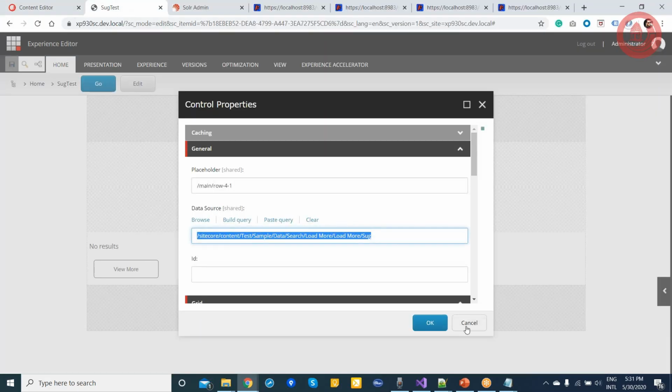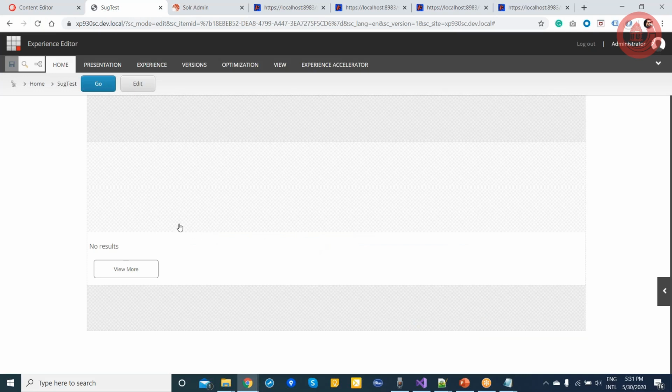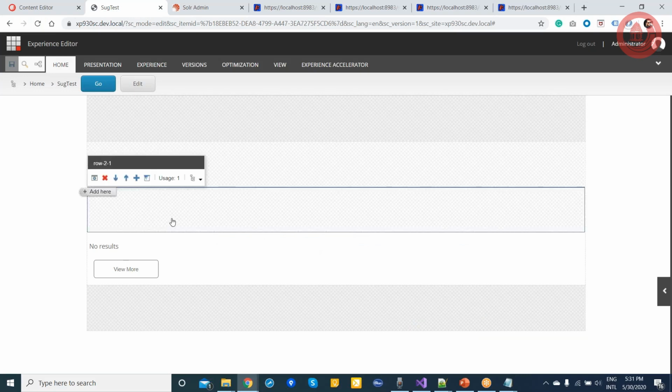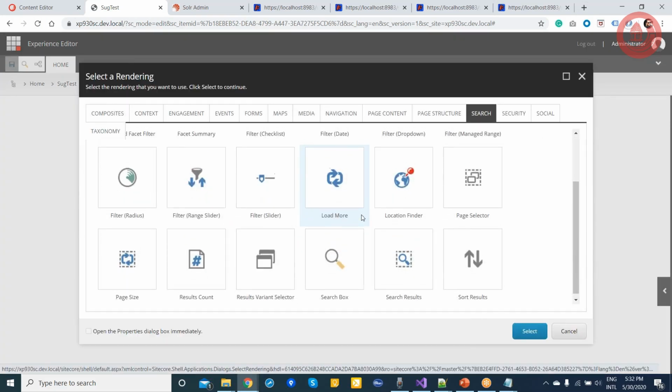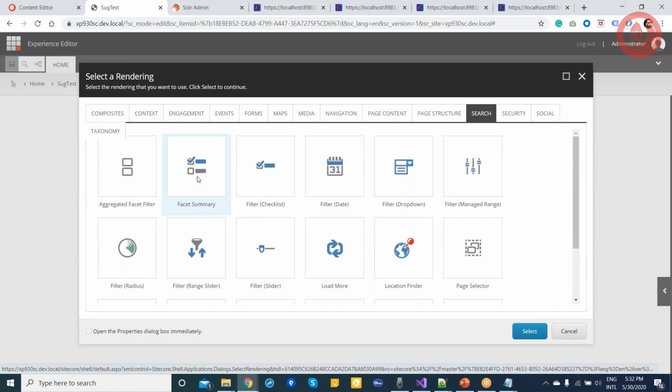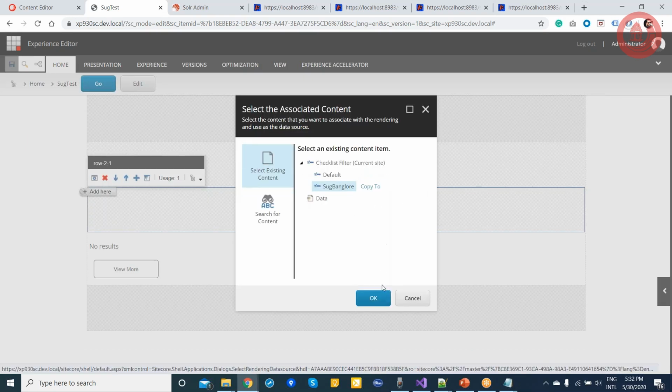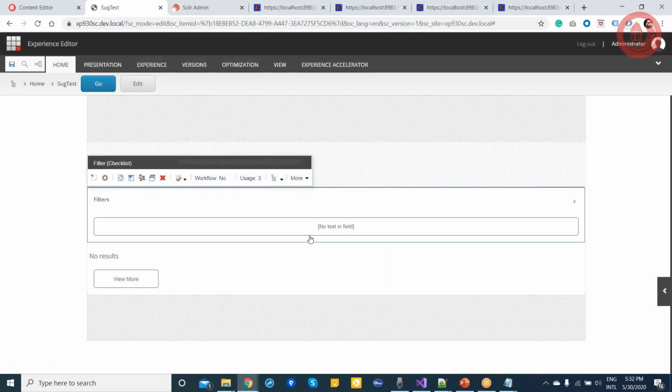Next, I will just provide you details for, let's say, if you want to use any facet. So you can put a facet here, the search. So let's say we want to use facet checklist. If I click this one, just use this facet and I'll save it.